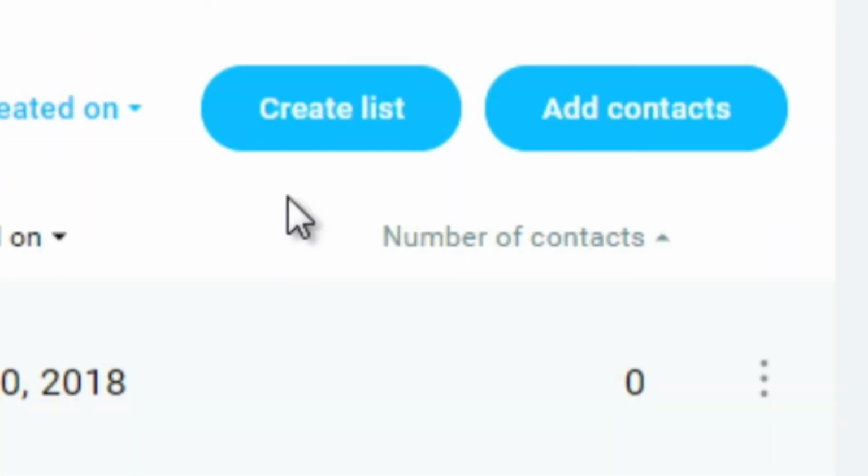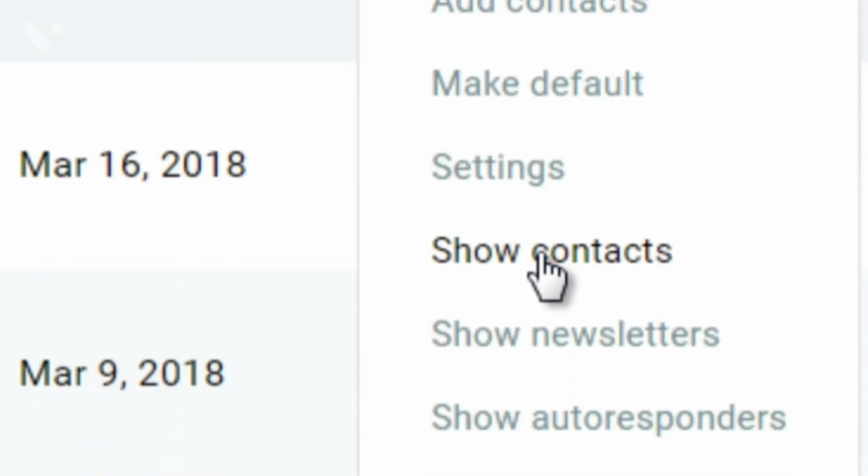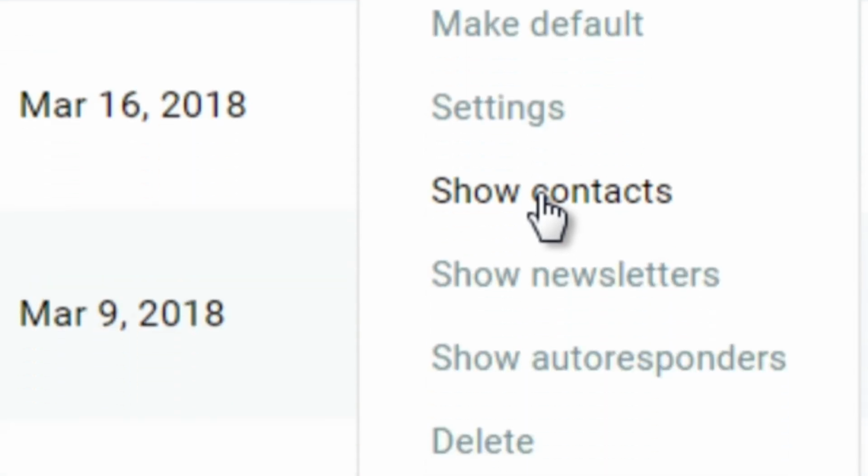Now, if we go back over to here and go under the new test list 1 and put my mouse over here. So we went to settings and show contacts. All that does is just shows your contacts. So obviously, if you just created a new list, you're not going to have any contacts. If you do have some contacts, you'll be able to see that information there. Show newsletters basically allows you to do broadcasts. So if you click this, you can do that. And of course, show autoresponders will allow you to create an autoresponder, which we'll dive in further in the next